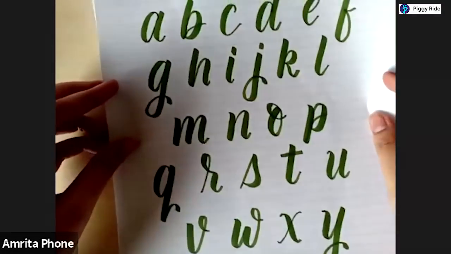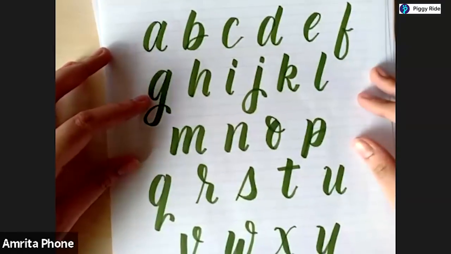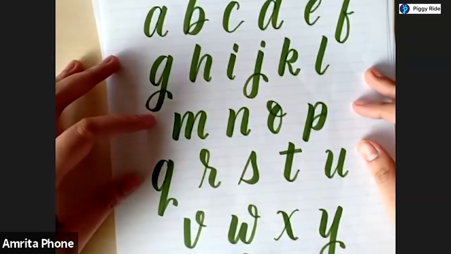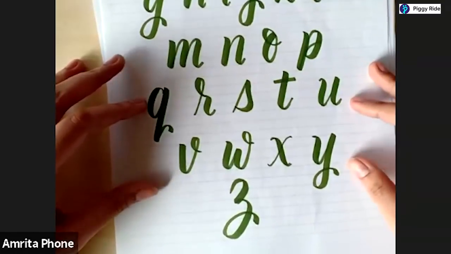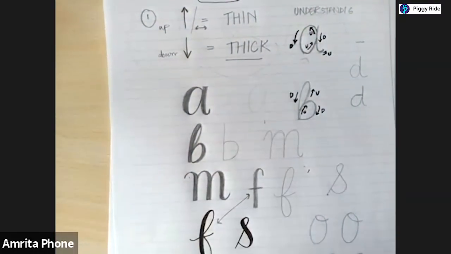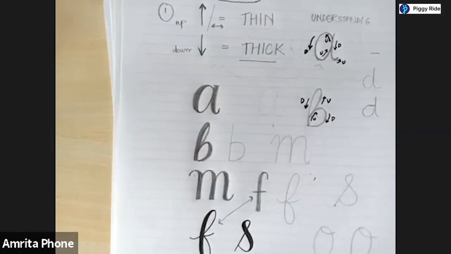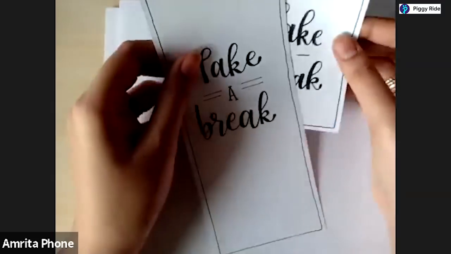I had made a sheet just for you all to see. So this is what we will learn in the course, don't worry. This is what all the alphabets would look like. Okay. What we're going to do is we are going to make a small card or a bookmark, whatever you want. If you want to make a card, you can make a card. If you want to make a bookmark, you can make a bookmark. But we are going to make a small artwork, and this is what it will look like.